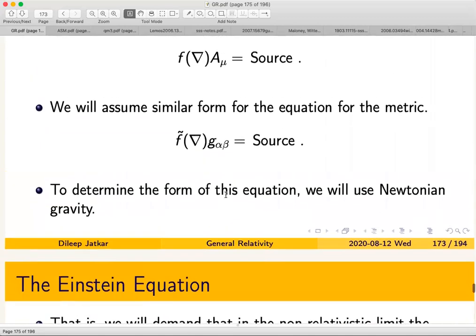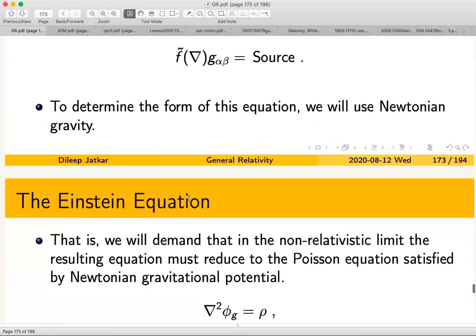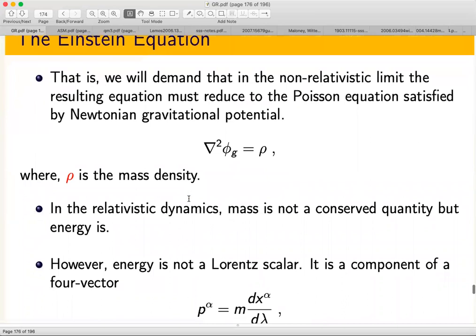So what we will try to do is first settle what these sources are, and then we settle what the left hand side of the equation is. Fine. But before that, let's do a small detour into non-relativistic physics